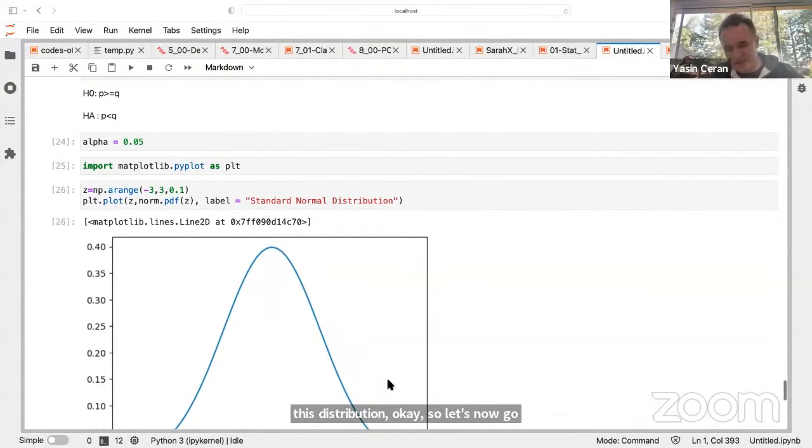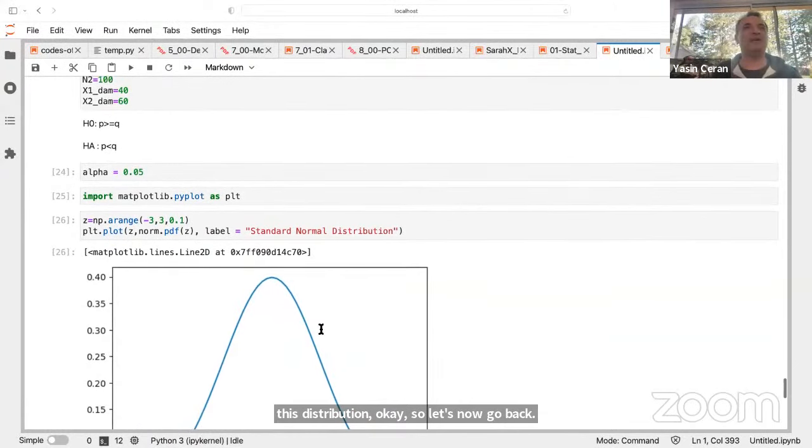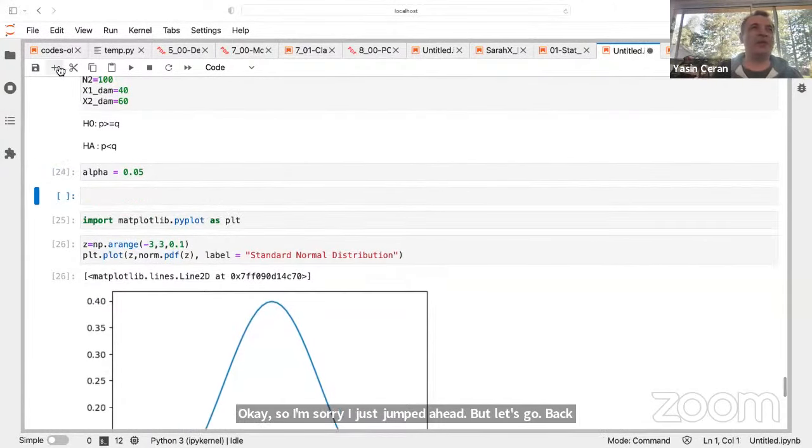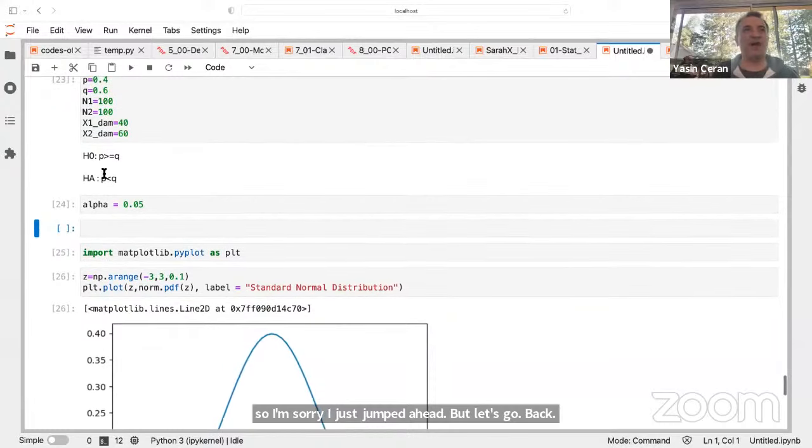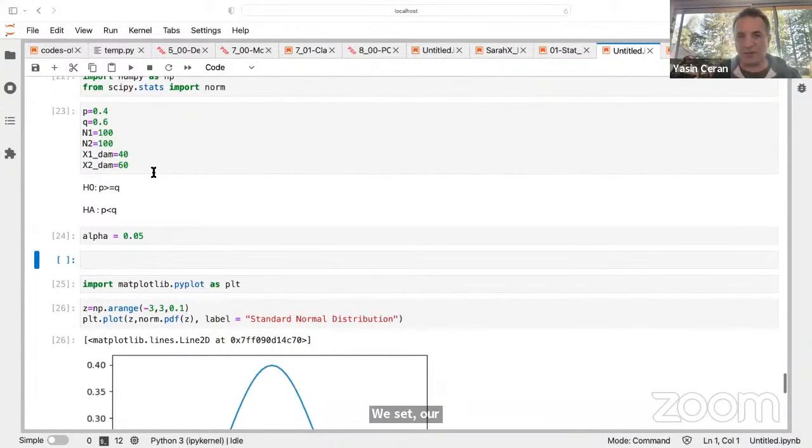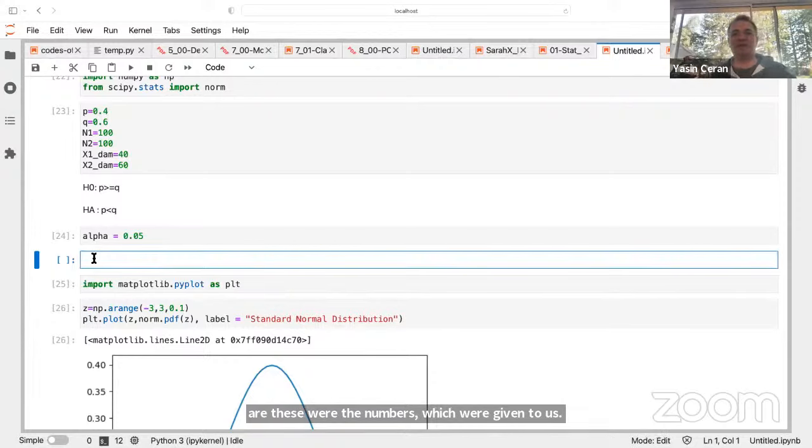Okay, so let's now go back. I'm sorry, I just jumped ahead, but let's go back and continue where we left off. We set alpha equals 0.05. We set our null and alternative hypothesis, and these were the numbers which were given to us. Now the next thing is I'm going to find the pooled proportion, since I will be comparing